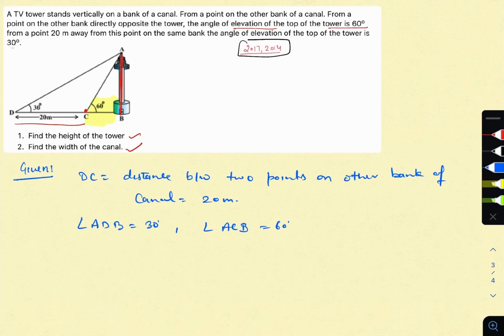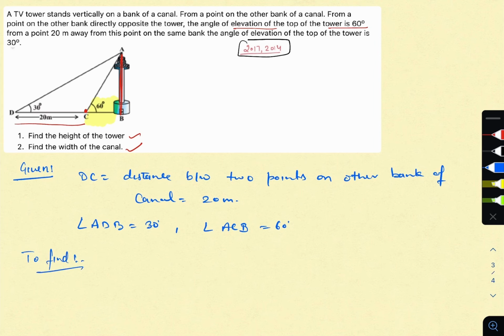Okay, so if we have to construct the figure, these things we will not be writing in the given part, because we are constructing and drawing the figure, so those things will not come in the given part. We can write them in the proof or solution part. So these are the given things. Next, to find,